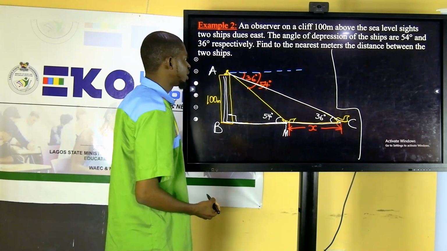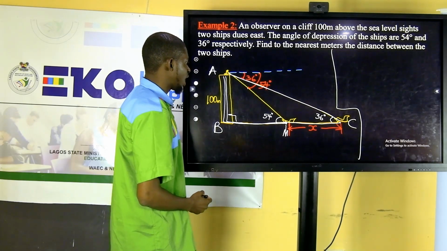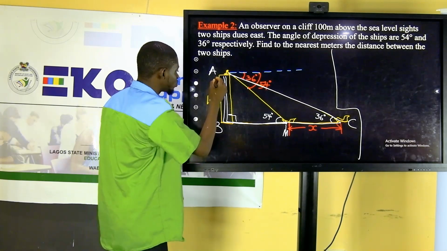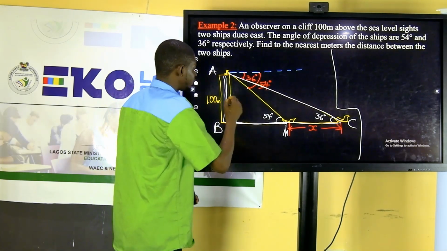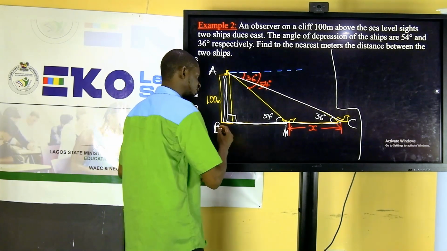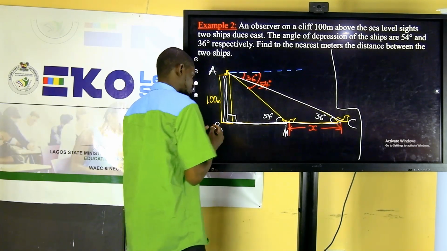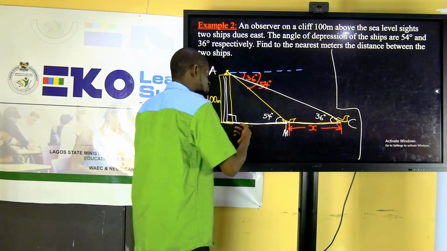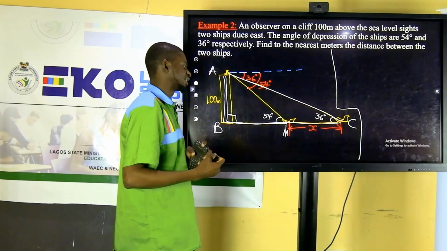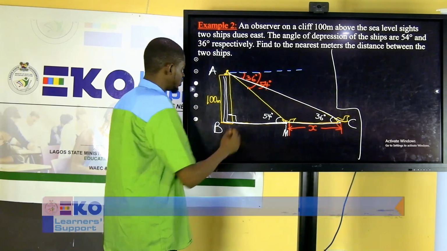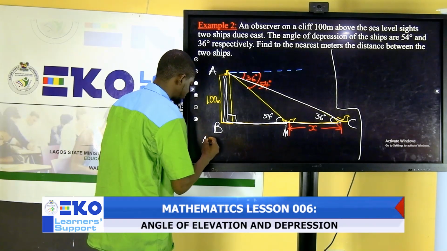So let's solve the problem one by one. Our interest is to calculate X. But let's consider this triangle ABC. From triangle ABC, we need to first get BC. When we get BC, we then get BM. We now subtract BM from BC to get MC that we need. Good. From triangle ABC,